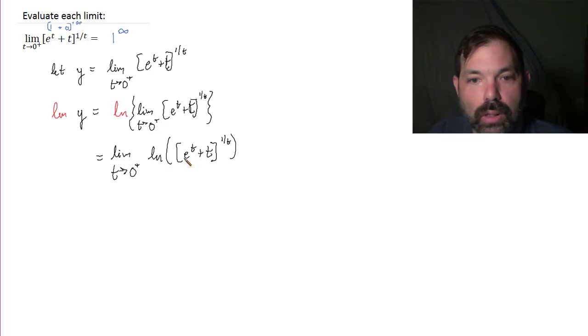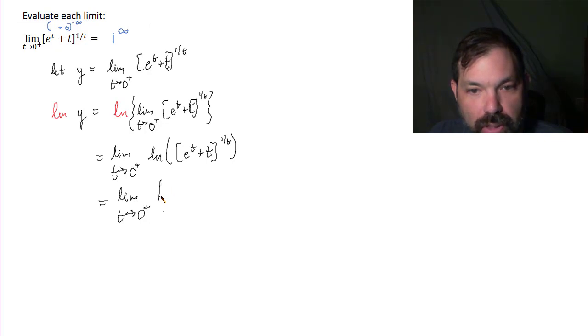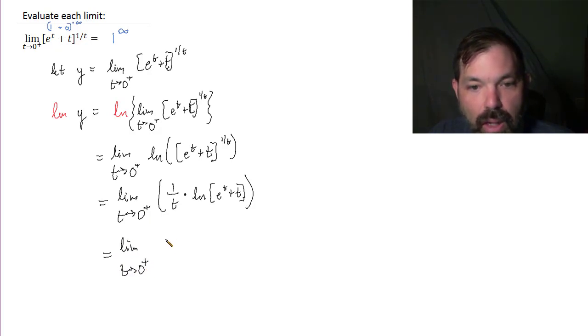That's the same as the limit, as t approaches 0 on the right, of 1/t times the natural log of e^t + t, or the limit as t approaches 0 on the right of the natural log of e^t + t